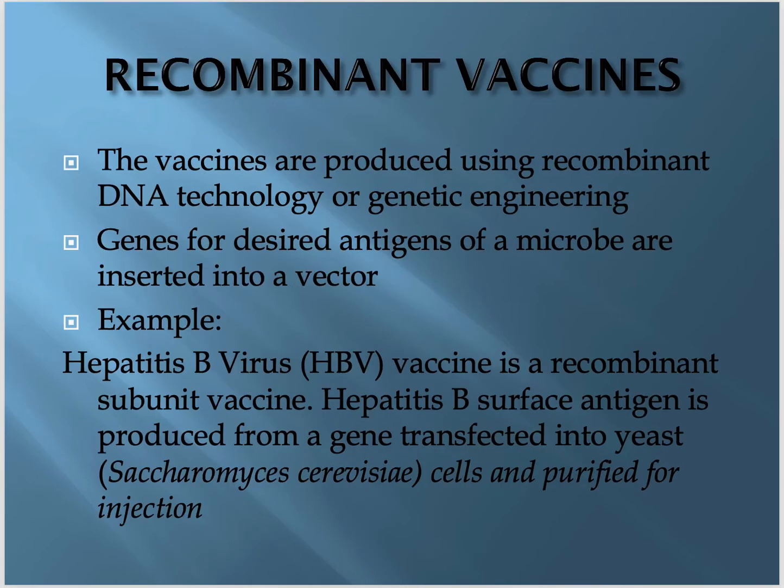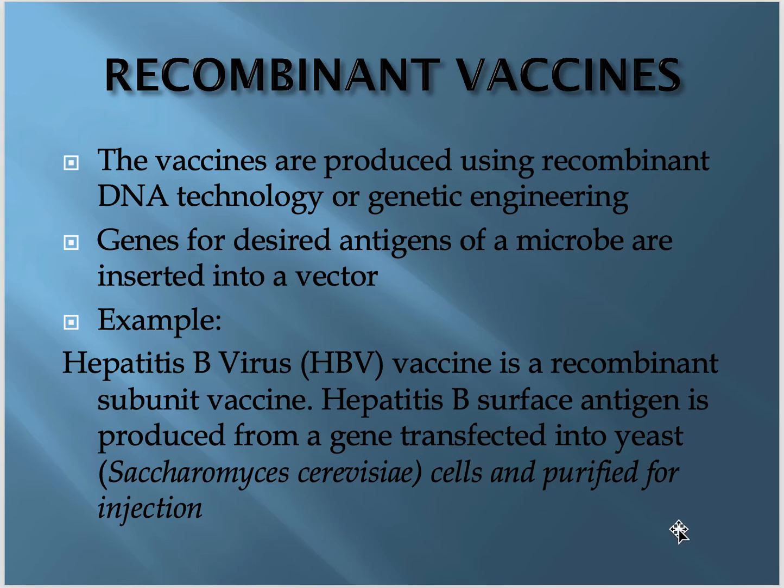Okay, now another type of vaccines, recombinant vaccines. This kind of vaccine is produced using recombinant DNA technology or genetic engineering. So what is done? Genes for desired antigens of a microbe are inserted into a vector, that means a plasmid. For example, the hepatitis B virus HBV vaccine is a recombinant subunit vaccine. In this case, the hepatitis B surface antigen is produced from a gene transfected into